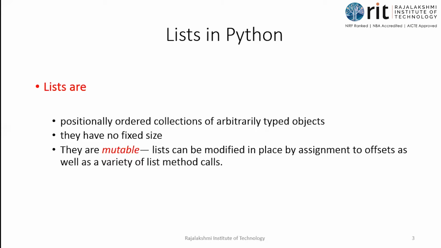Change them as 10, 20, 30, 40, and 50 also, because they are mutable. Okay. So if you want to pick one particular value and change that, how do you pick a particular value? It is based on indexing. How to pick a portion of the list, or if you want to have the entire list or half of the list, okay, we will be using slicing. That is why we have this indexing and slicing.